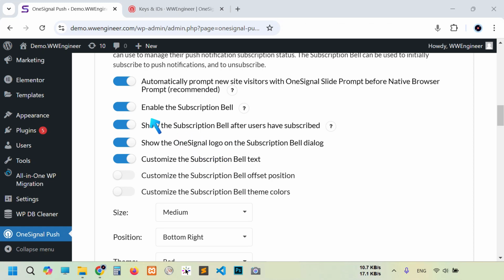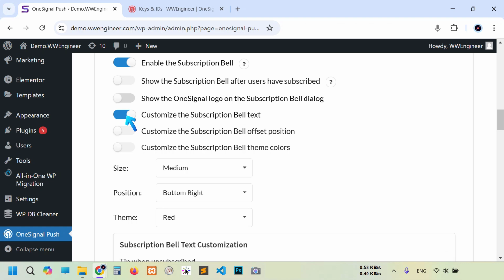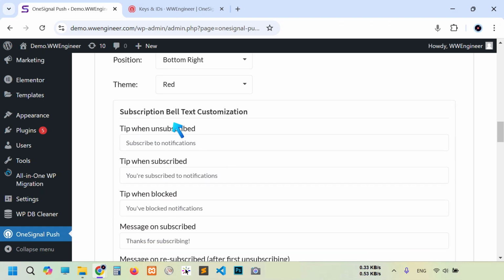So I'm going to make it visible and then show the OneSignal logo on the subscription bell dialog, and then customize the subscription bell tags. When it is enabled, you see here we have the option to customize the subscription bell tags. Tip when unsubscribed: here you can write the message for an unsubscribed user.